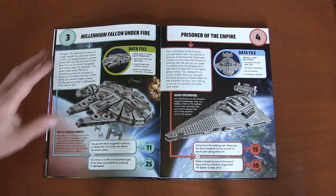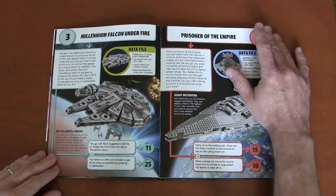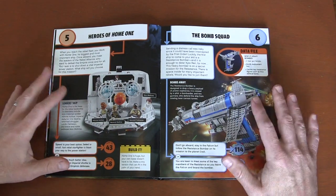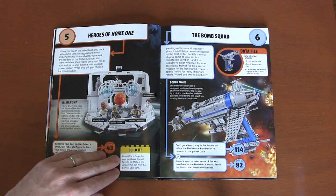But it's kind of fun because not only do you get the story, but you also get little facts about the ships within it. And that's one thing about this book: usually with the Lego Star Wars books, they do a lot of promotion for the sets themselves. But this is really about the story, and every now and then they give these build-it ideas